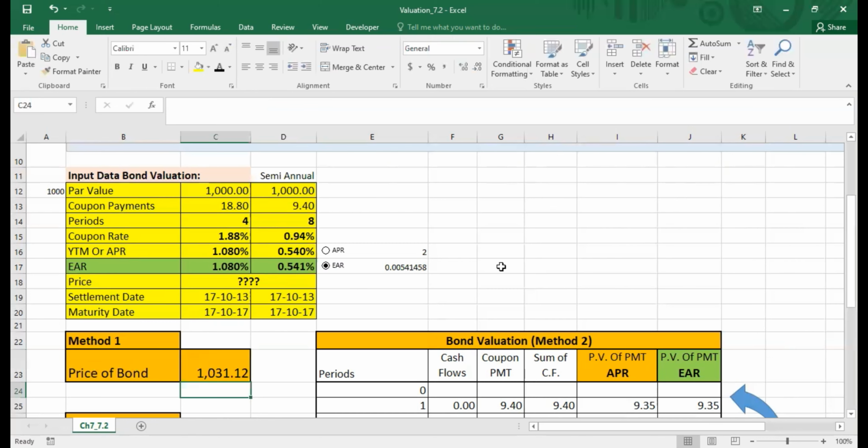Click enter. Now, when you click on APR, you can see our price of the bond is being calculated based on APR. And if we want to calculate the price of EAR, then simply click on EAR. The price of EAR is displayed over here. So it means that the Excel sheet is working fine and picking up the values very nicely.